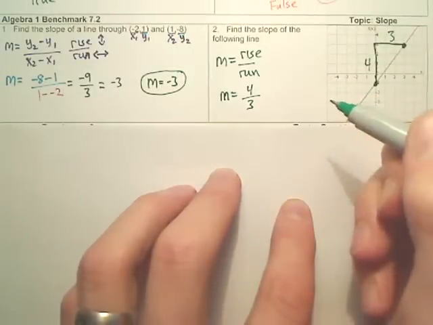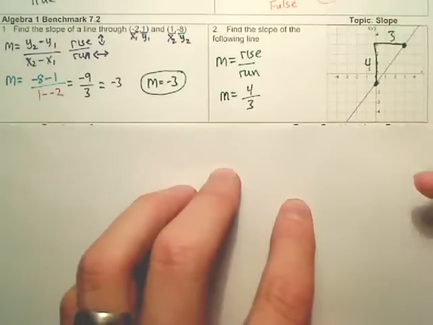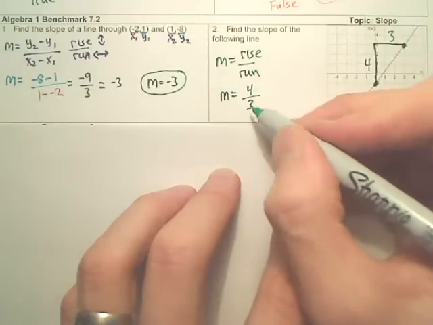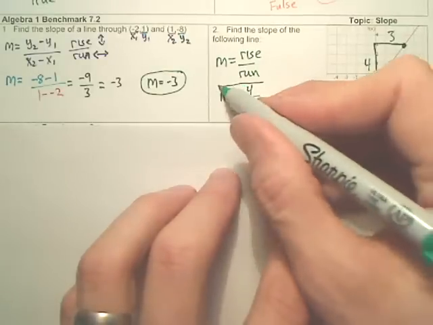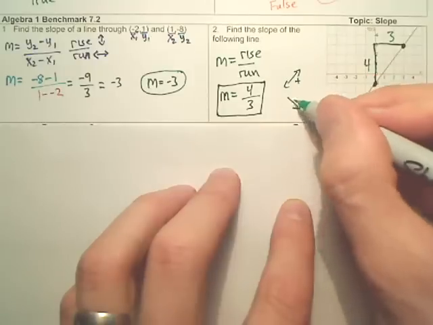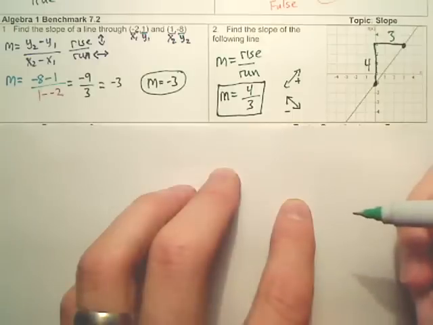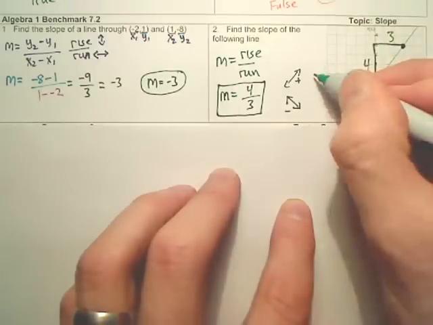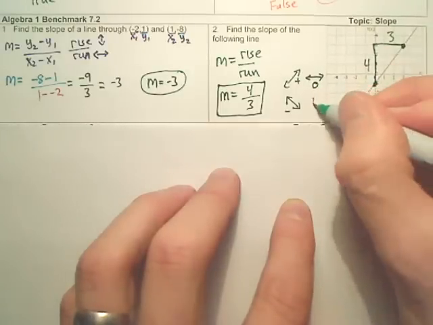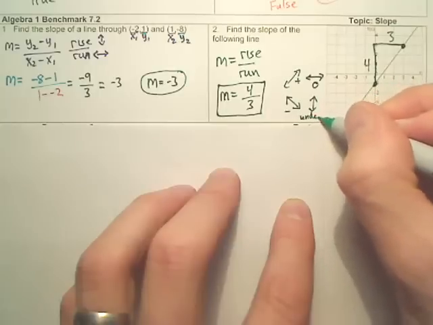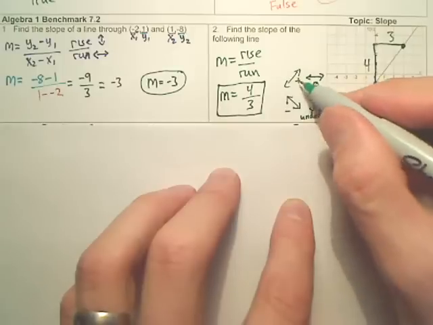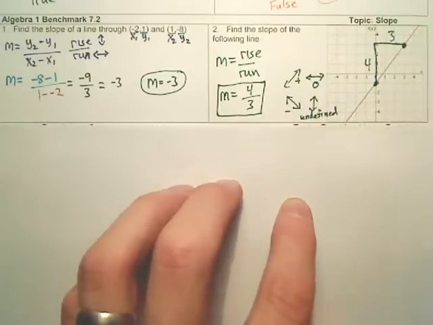Now, second question. Is this up or down? Is it uphill or downhill? This is from left to right, we're going uphill. If it was going downhill, this would be a negative. Since this is going uphill, it's a positive slope. Again, if it was going downhill, this would be a negative slope. Got it? What's a flat line? That's a 0 slope. And a vertical line is undefined. A flat is 0. Uphill is positive, downhill is negative. This is uphill. So